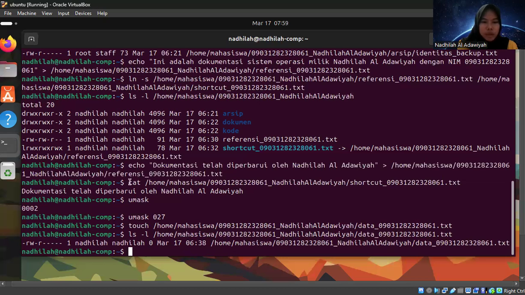This means that we don't have to change the contents of the shortcut because it automatically links to the reference file.